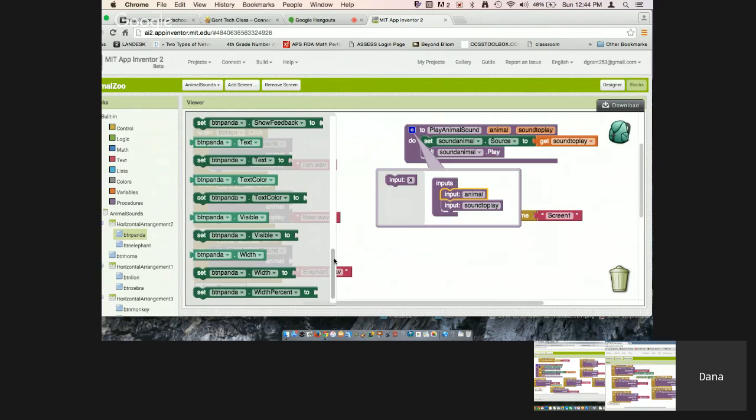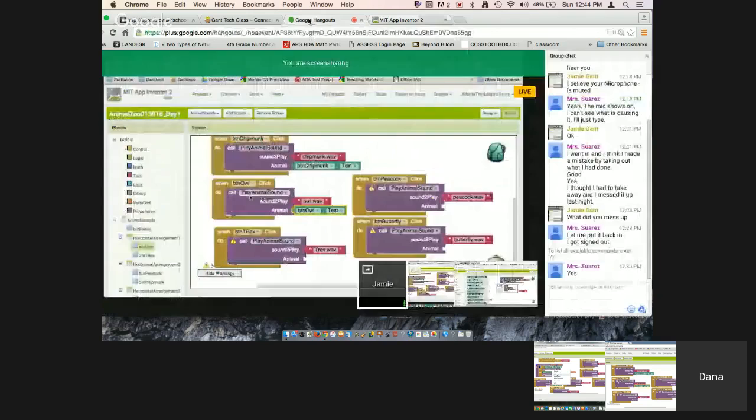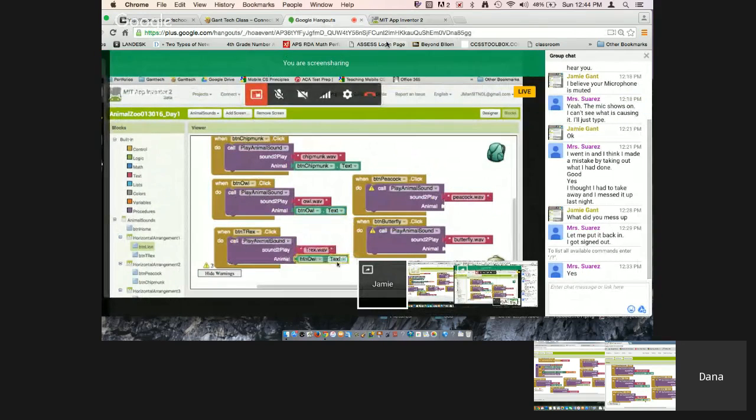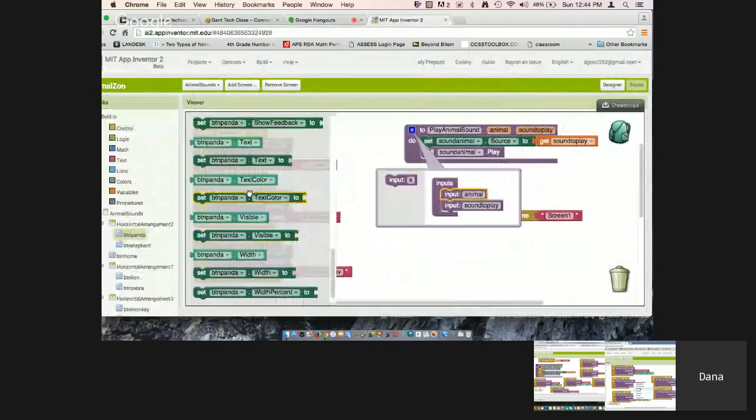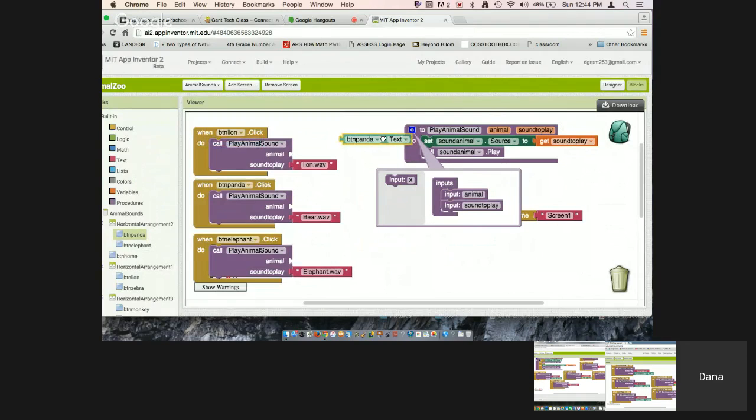You can also see once you connect these blocks that your warning for that block goes away. Change this to my peacock, and then lastly change this one to my